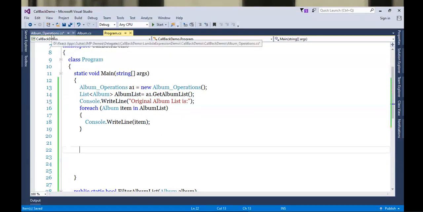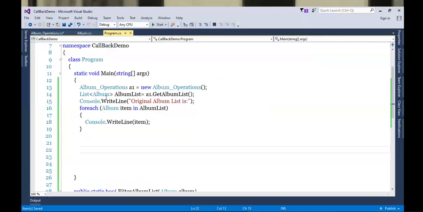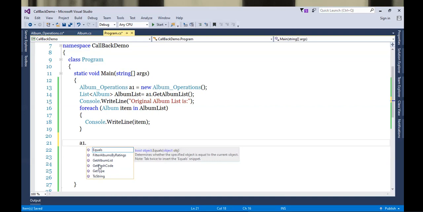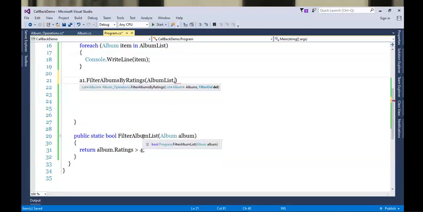Which method will you be calling? This one, filter albums by ratings. Okay. I already got the list here through album list, which I'll pass as the first argument. So let's see, A1 dot filter albums by ratings. First, the list of albums. So I'll simply pass album list, and the second argument is this method.